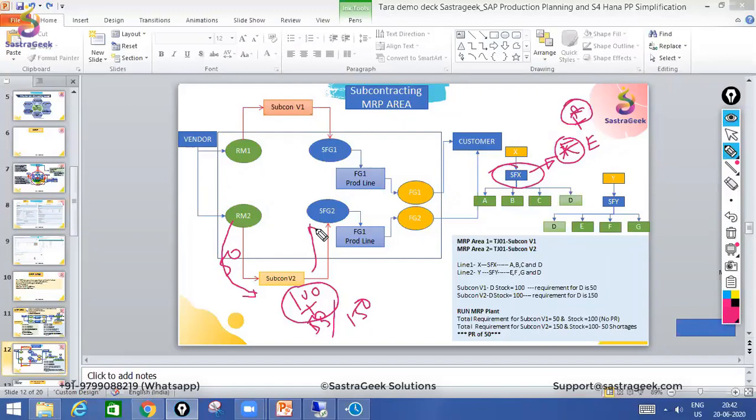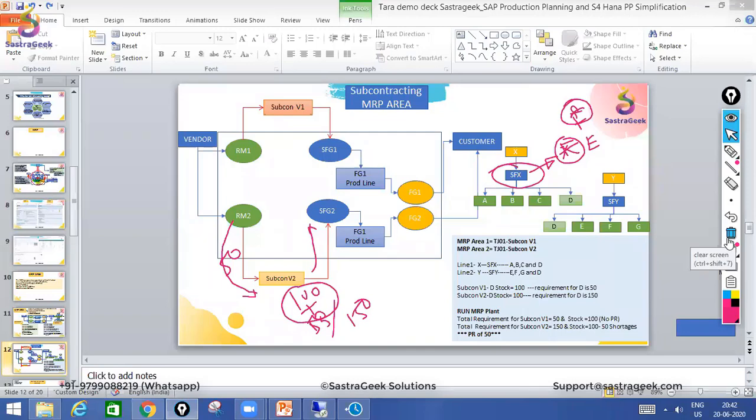Once we go to our sessions and training, I'll explain and configure that process, and we will see how the results look, and you can also practice. This session is to help you understand what MRP is and what an MRP area is. That's it. You got the concept? So where in the MRP run will this MRP area come? Yes, we will go to the next slide and discuss that.